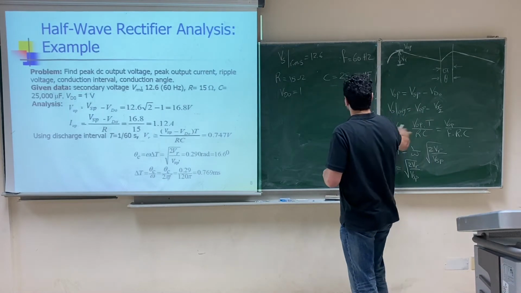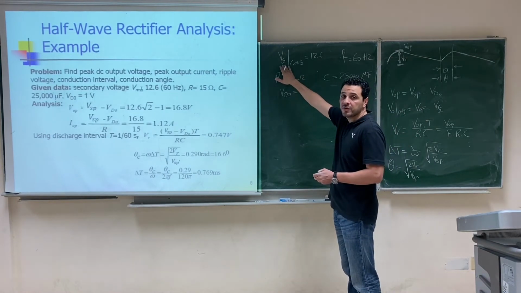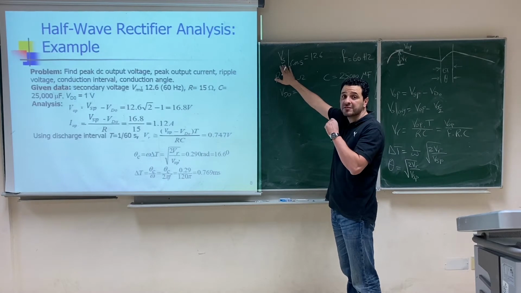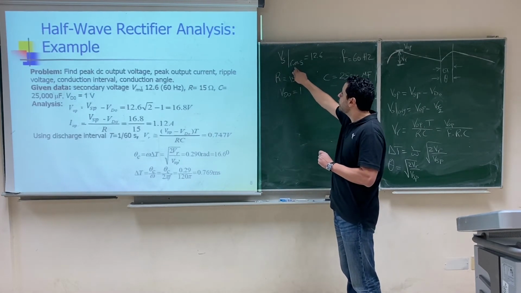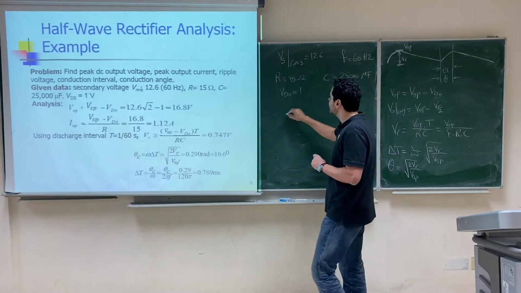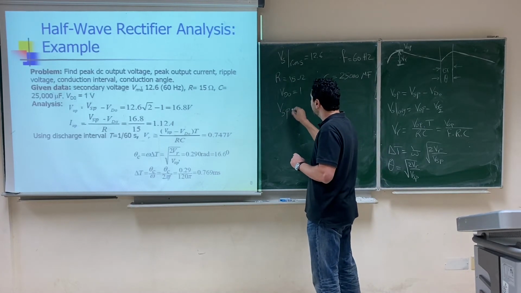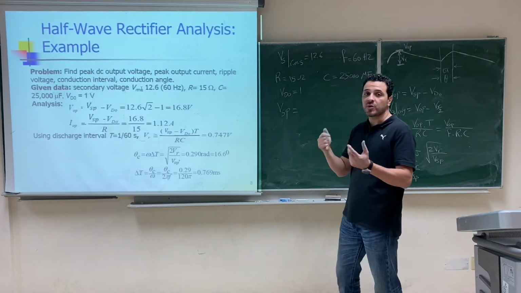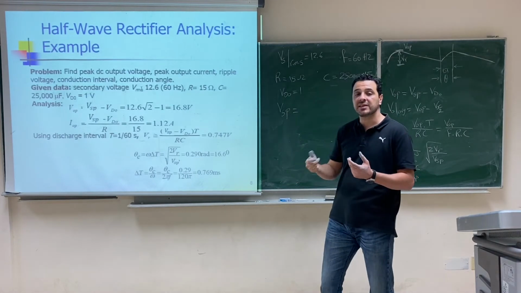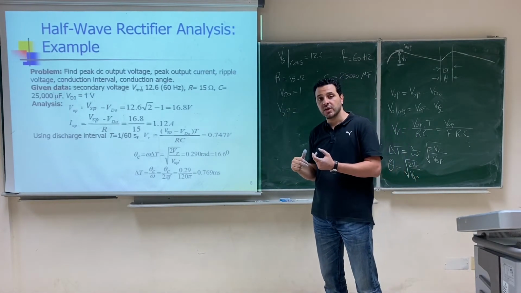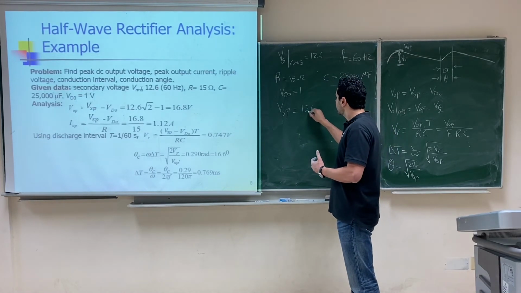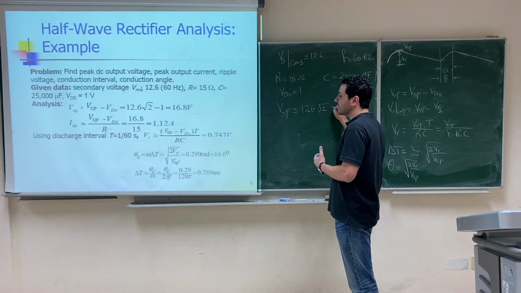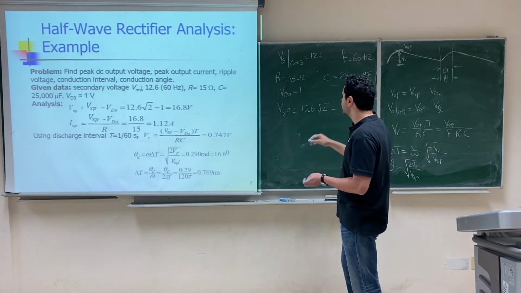In our equations, we don't have the RMS value of the secondary voltage. We have the peak of the secondary voltage. That's why you have to convert this value to the peak. So you have to say that Vs peak equals, what's the relation between the RMS and the peak? The RMS is the peak divided by square root 2, or the peak equals the RMS multiplied by square root 2. So the peak here will be 17.8